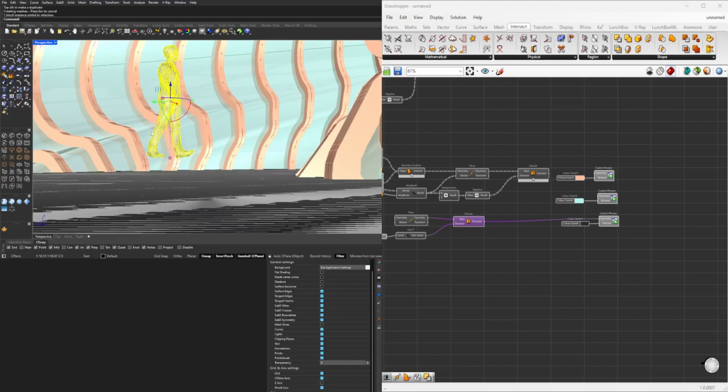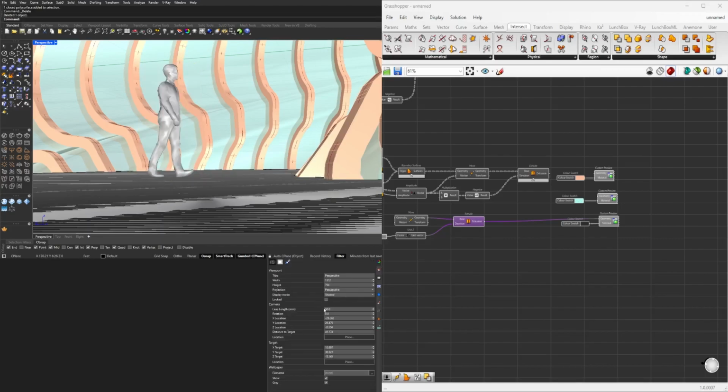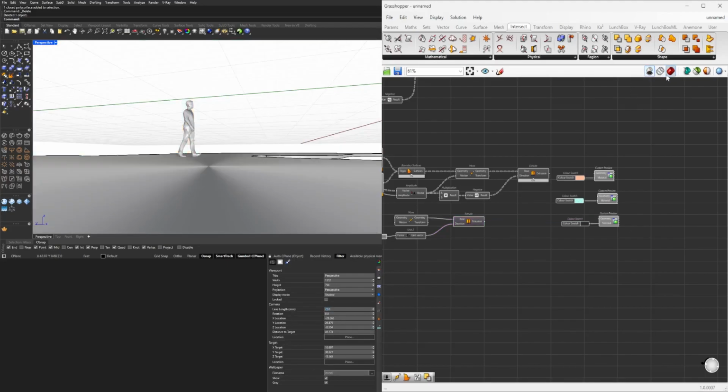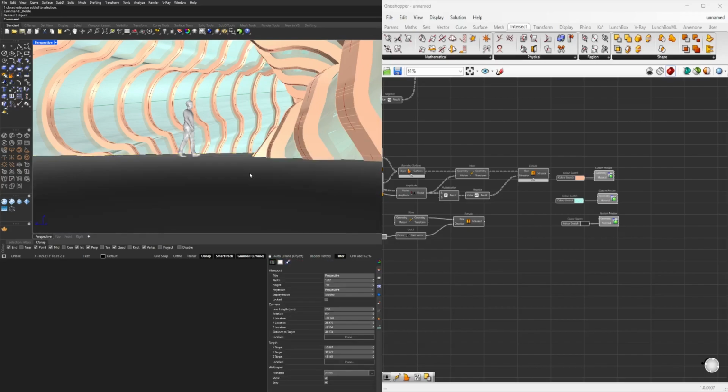Bake this so we can bounding box this guy and just move him down to that surface. So move vertical down to, see if it lets us pick that, and change our lens length so we can view this a little bit more comfortably. So, oops, we'll delete this